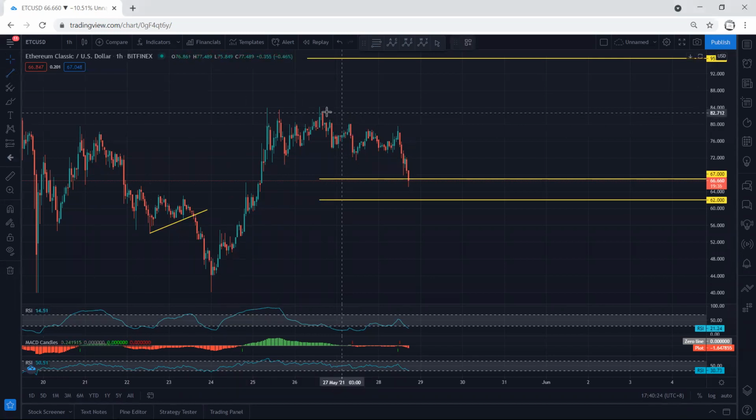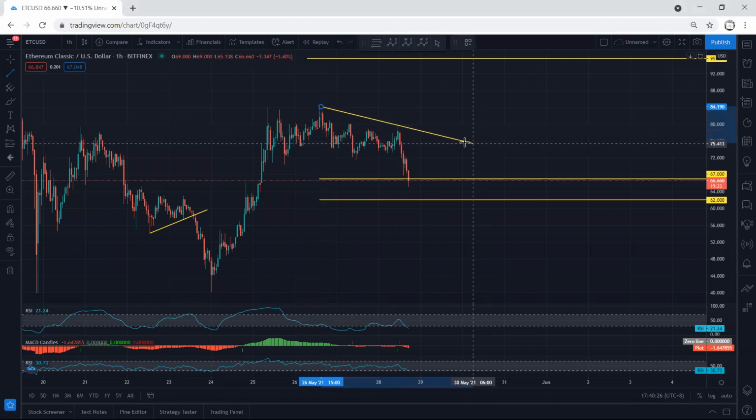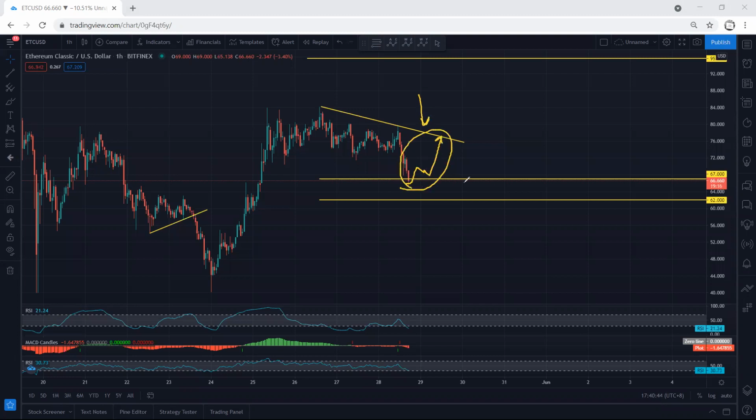Or maybe we can put our line here, just indicative. If we get any up move for buy, if we get the trade, as long as the price tags this line, we see whether the price can break or not. This is where we have to start to manage, but we need to get the reversal trade setup for buy. And the only time you can look for buy is if we get the correction, which confirms the price for one more drop at least. That means if you want to look for buy, we have to get the reversal with the sharp move, flag or correction, and we take the trade.